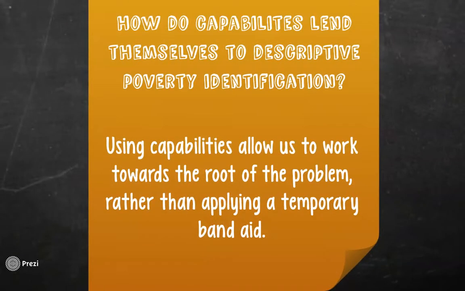Having decided that descriptive poverty identification is a good method, how can we see that the capabilities approach lends itself to descriptive poverty identification? When we define poverty by lack of capabilities to achieve a socially acceptable level of functioning, we say that people lack skills necessary to do or become what they desire, or that they lack context for choice in what they can do or become. Using this approach allows us to isolate the main causes of poverty and focus on ending poverty in the long term, rather than short-term fixes such as welfare spending.